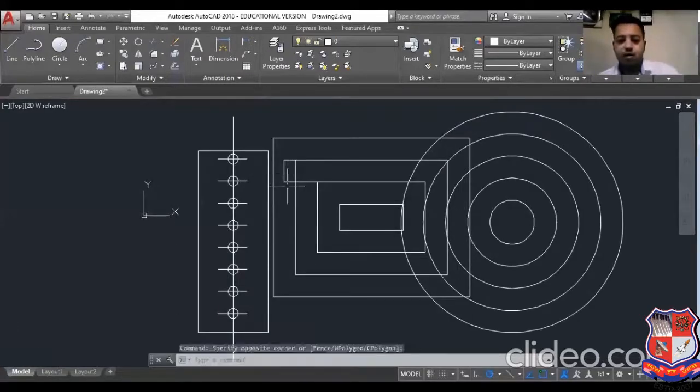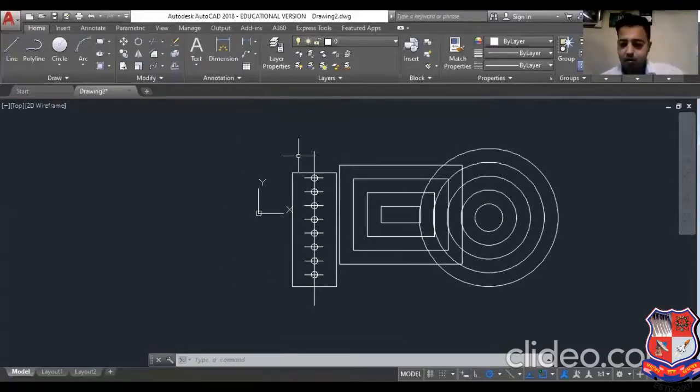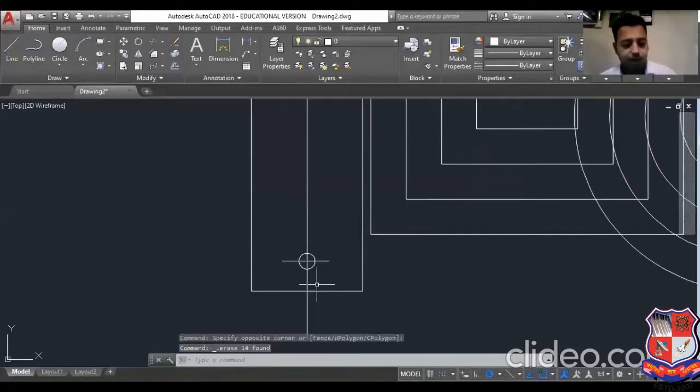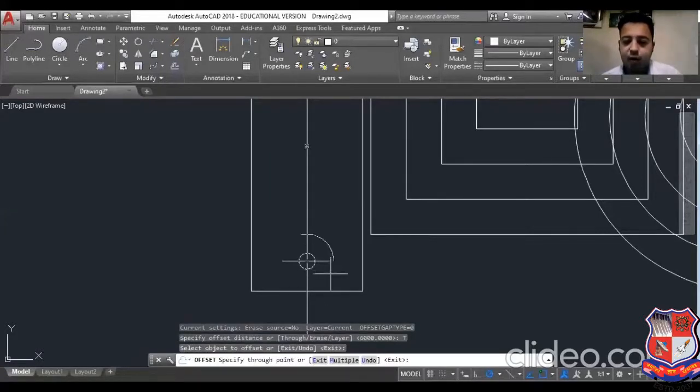The offset command is the one by which you can create copies at a regular interval in that direction only. Right? Okay, one more option that I will show you here: Offset, enter, and one more option is Through. Suppose you don't have any offset distance, but you have a reference length or reference line. So you can take the Through value. Through means you can select the object to offset. Click and select the through point, which means you can manually give the distance.